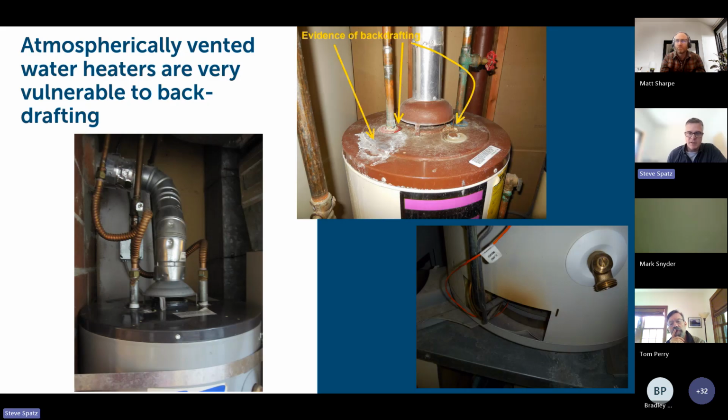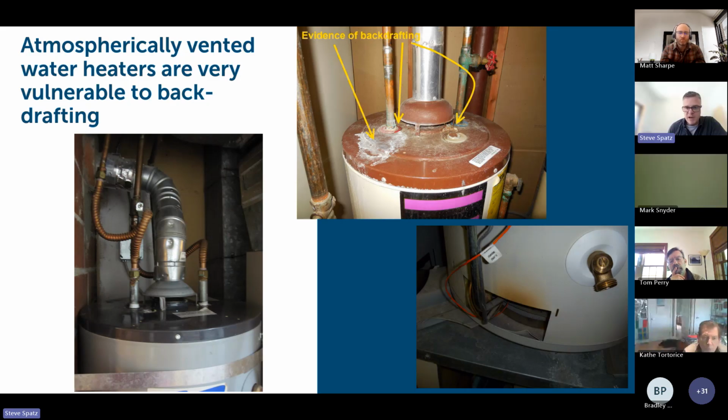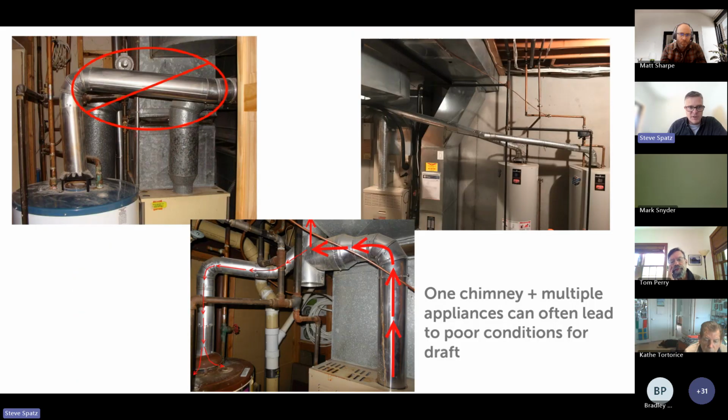If you see these in the home, then this should be a conversation to have with the homeowner. You can look for areas of evidence of backdrafting that's occurring already. And in a scenario like this, you wouldn't want to be necessarily putting in more exhaust equipment that's going to make these conditions potentially worse. So you at least need to be diligent in these scenarios about your combustion testing, making sure that you don't have